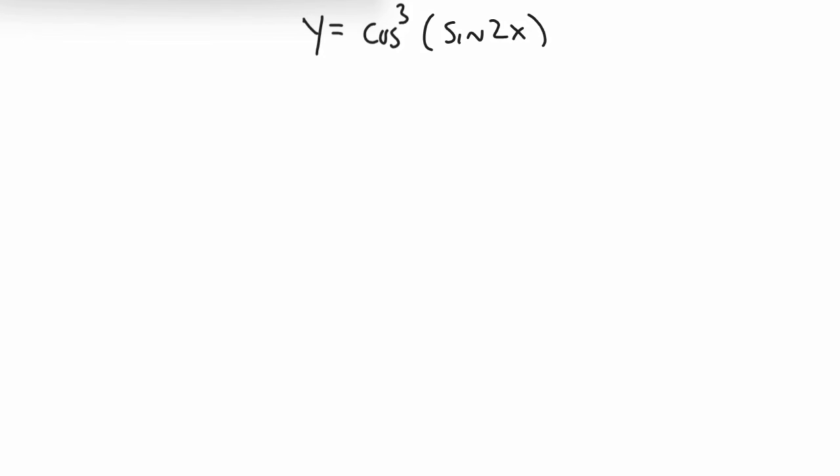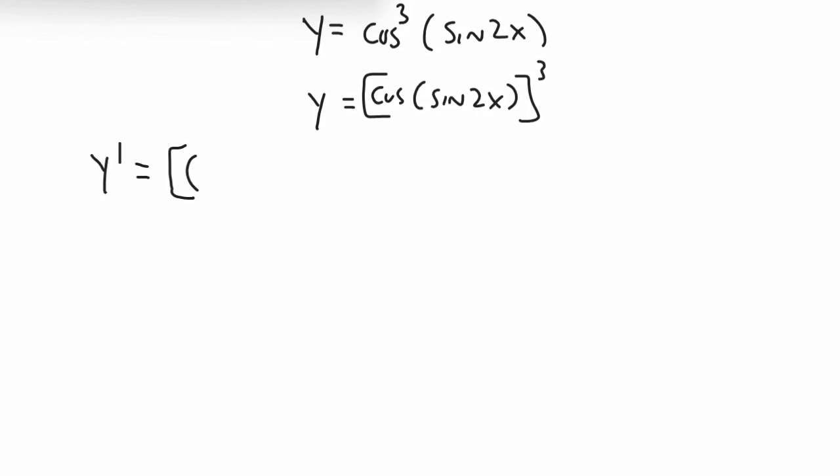Okay, so here's our next problem. I'm going to rewrite this like this. Y equals cosine of sine 2x to the third. And you'll see why I did it this way. Okay, so y prime equals,